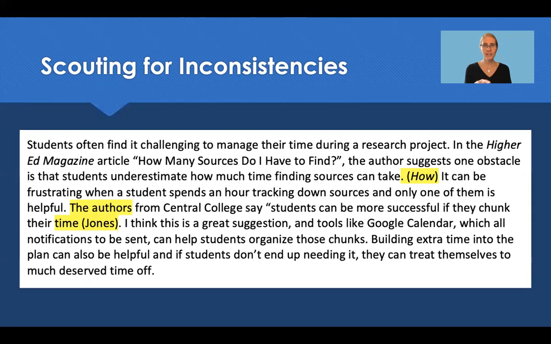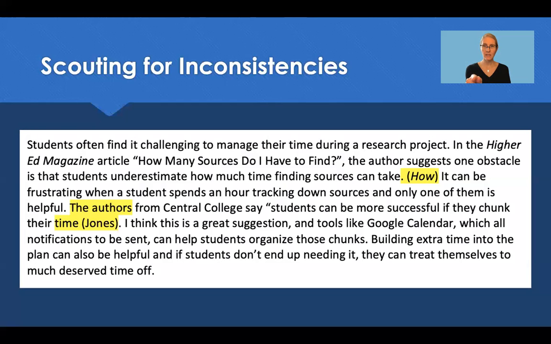So these were three things that stood out to me as inconsistencies, specifically in MLA citation. I might also go through here and do a little identifying. It was a bit hard to read the sentence where it starts with, "This is a great suggestion." So I might also mark that with track changes for my partner as well. But the reason why I'm looking at those three things specifically is I'm noticing that the keyword "how" is not matching up with the two titles listed.